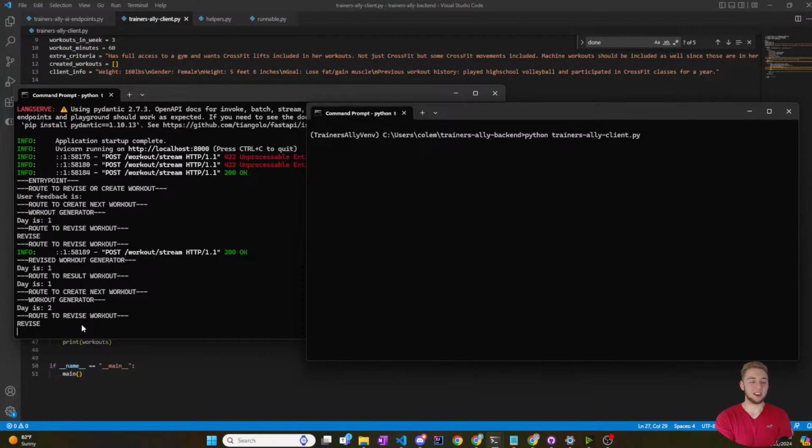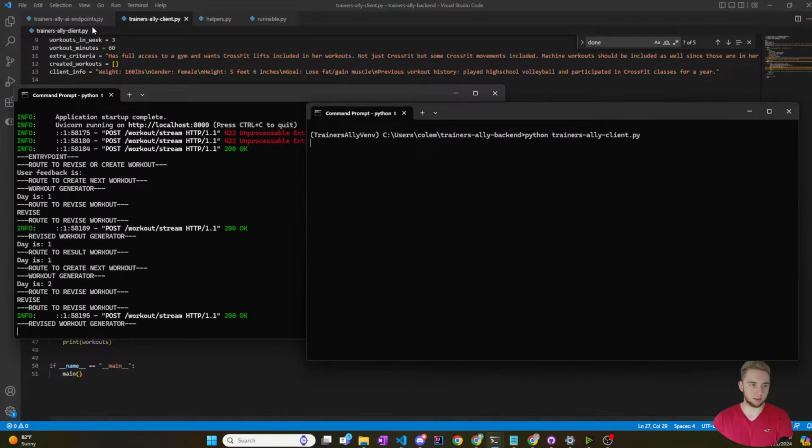So it's not going to print the workouts yet, but once it's done with day three, I set the workouts in the week to just three, as you can see in the top left here. So it'll get to three, which is it has to revise day two right now. Then it'll generate day three and then revise day three, and then on my client I should get the output